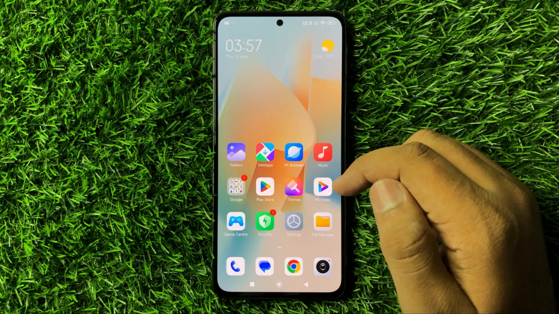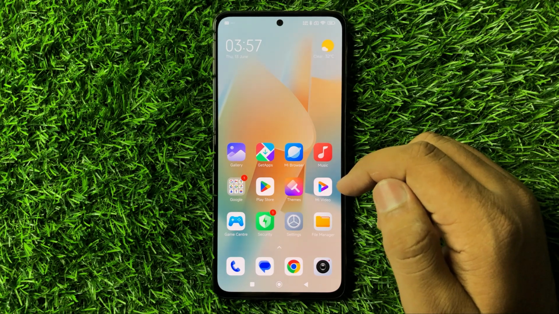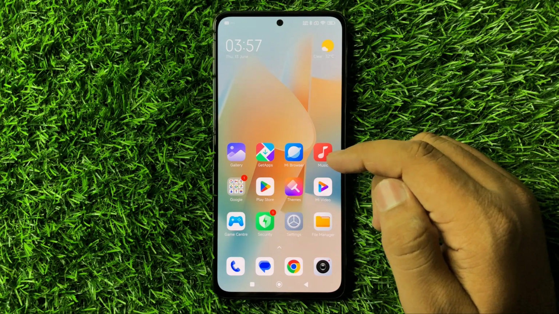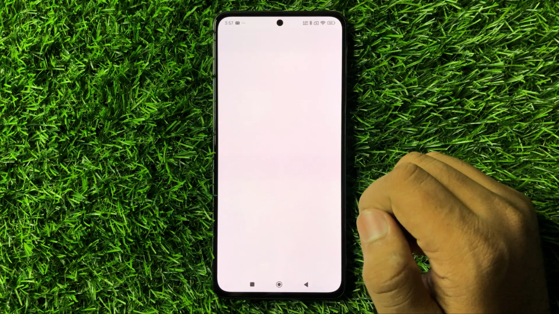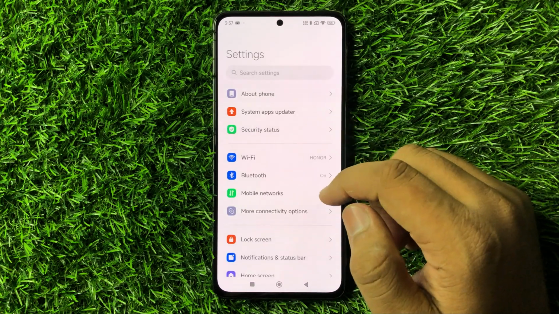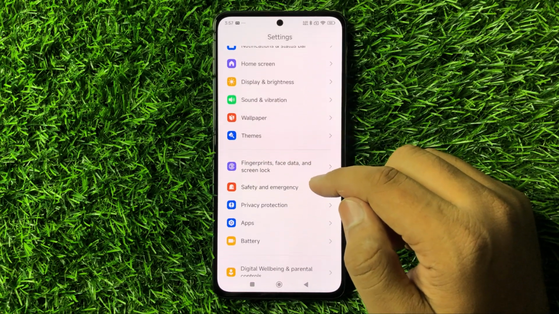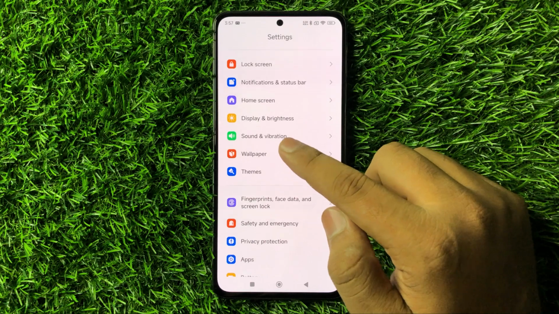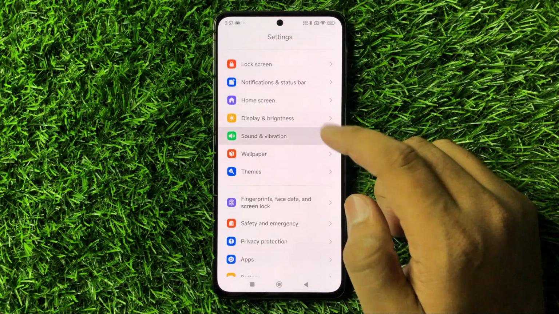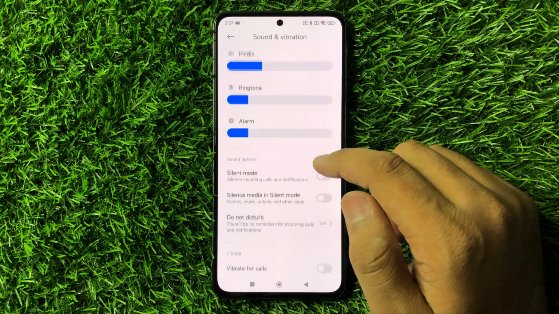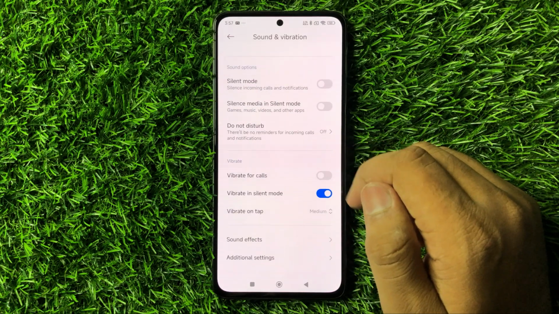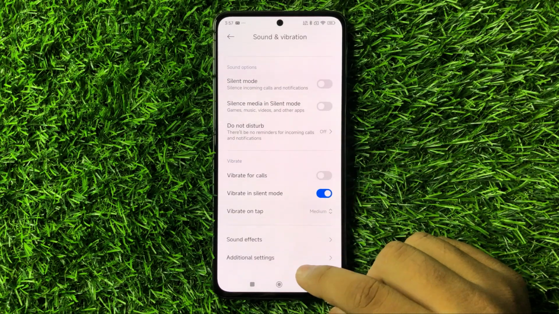In this video I will show you how to find and manage sound settings on Redmi Note 13R. So first of all, open settings. Now in settings, scroll down and here click on sounds and vibration. Now in sounds and vibration, scroll down and click on additional settings